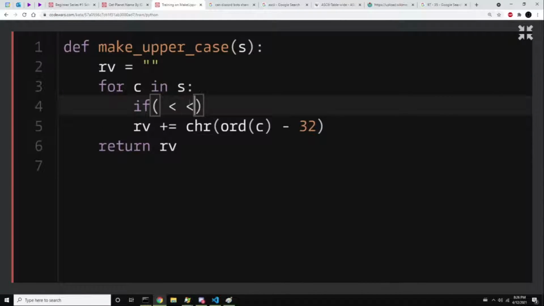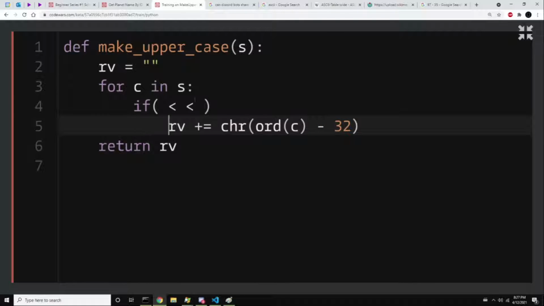Now here's a really handy thing in Python. You can use double less than rather than single less than. And I know this is weird for people coming from Java because you are not allowed to do this. You have to put and in between your multiple less than statements. But in Python, we have the benefit of being able to actually type this out. So let us do